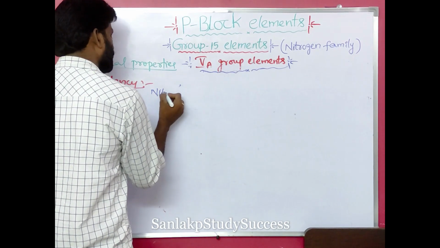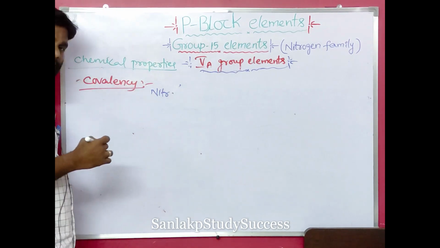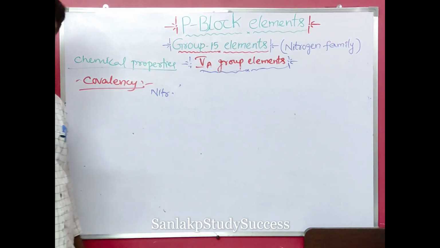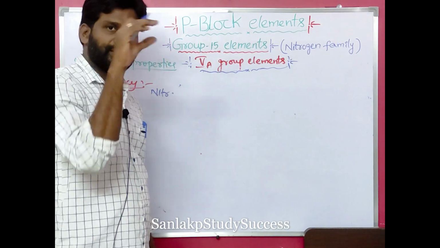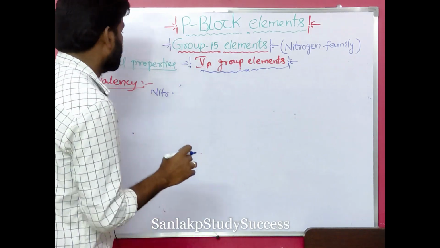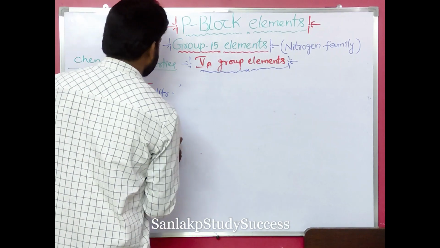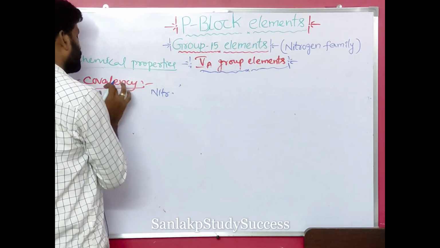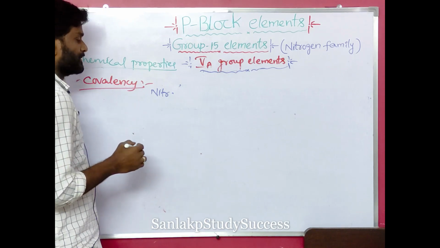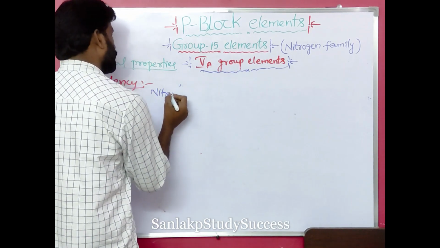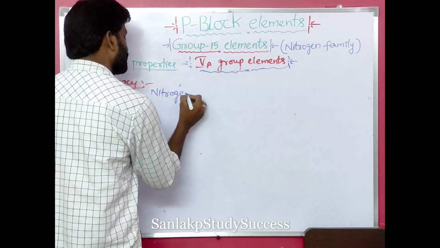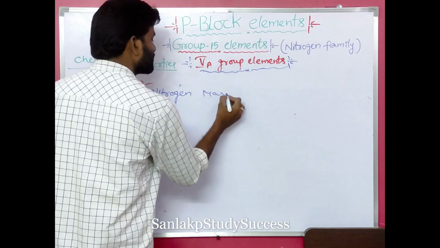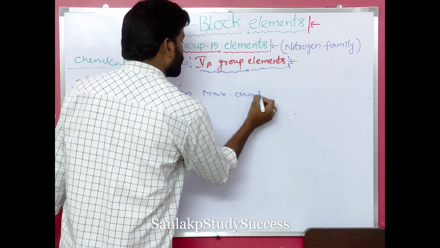Nitrogen, what is the covalency? The number of covalent bonds of an element is said to be covalency. So an element can form covalent bonds, and that number of covalent bonds is said to be covalency. So nitrogen's maximum covalency is 4